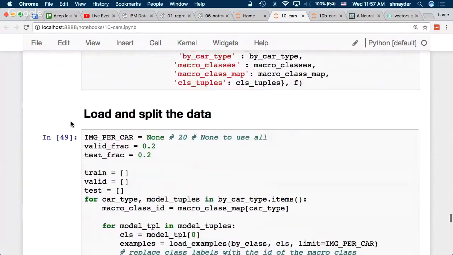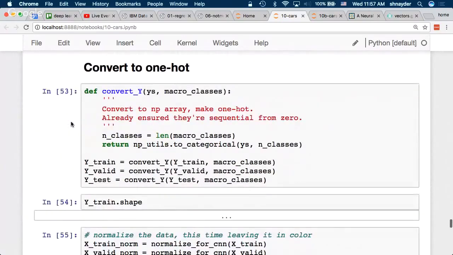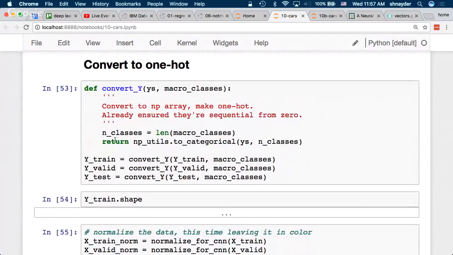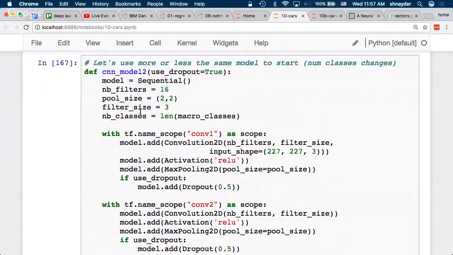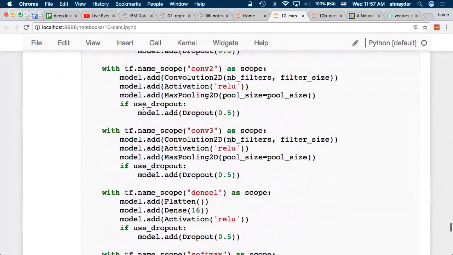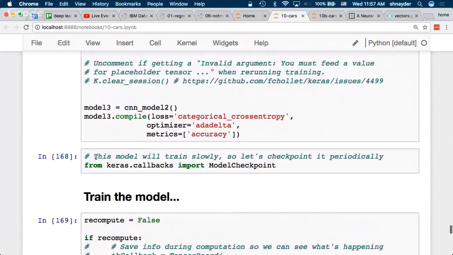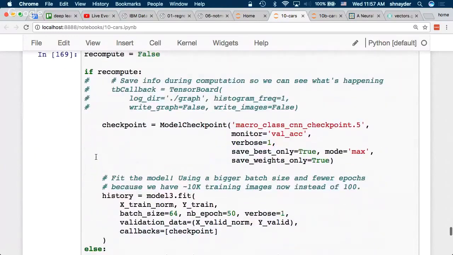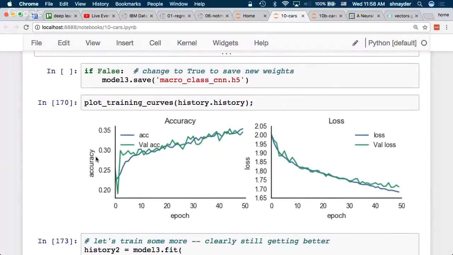Fine. So whatever, just data munging details. I'm skipping, load the data, convert now to our new sort of macro class labels. Now we're going to use basically exactly the same model that I tried before. Still 3 layers, still the same convolutions. Only changes now in my output layer. I'm putting out 7 classes instead of 2. And so if I'm going to train, right? So now I'm training on all my data and with 7 classes.